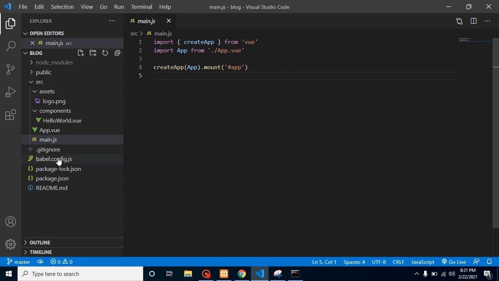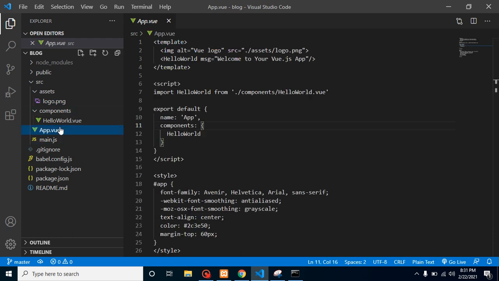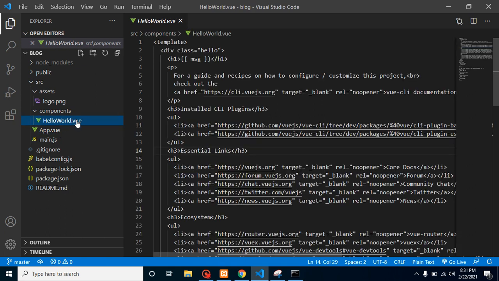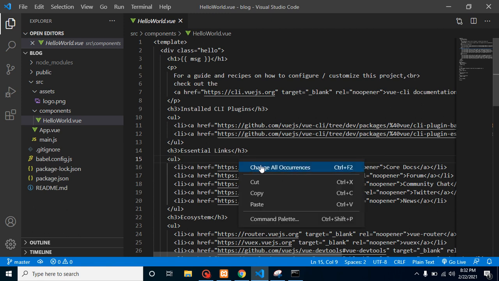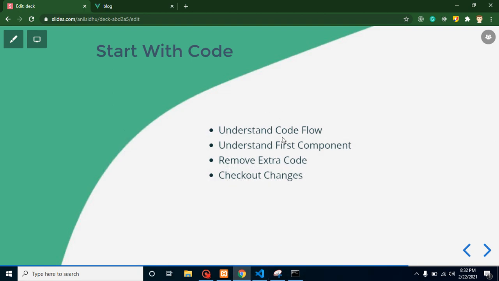Right here you can see that our main.js file, which is a js file, is well highlighted and in a well readable form. But whenever you open app.vue or HelloWorld.vue, because they have a .vue extension, they are not highlighted because our code editor cannot understand the .vue extension. For that we need plugins, and even then they cannot be formatted, right? So that's why we need two plugins, one for highlighter, second one for formatter. And these are the major points.